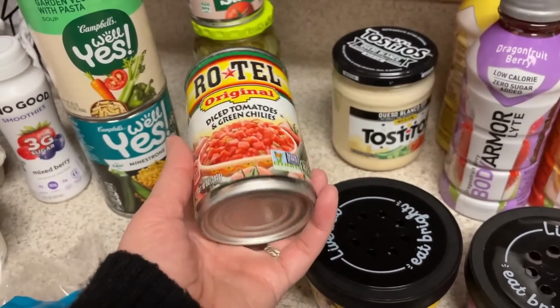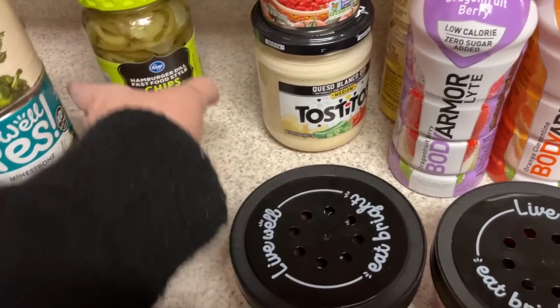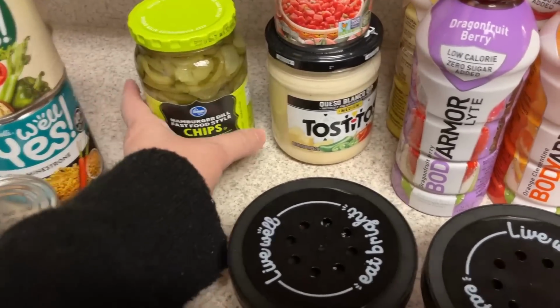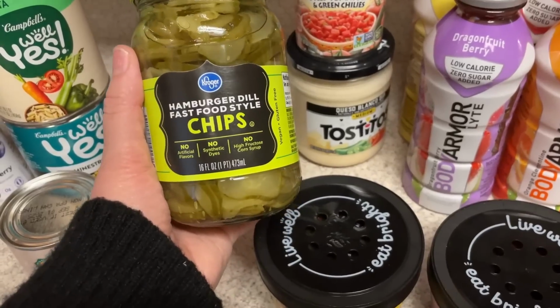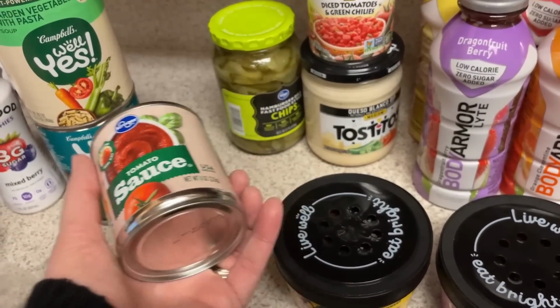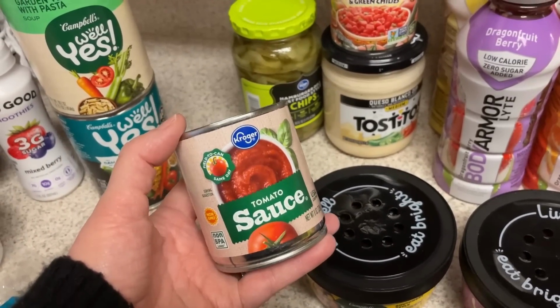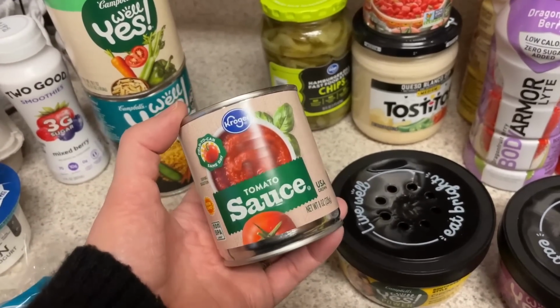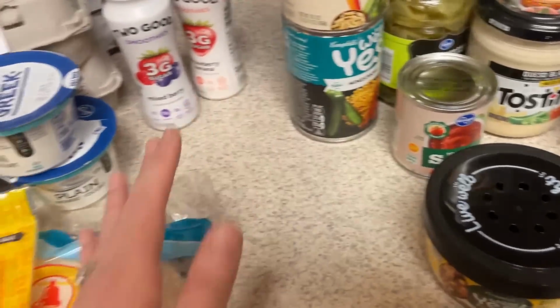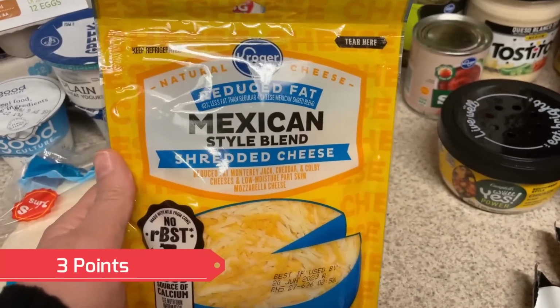For my Spanish rice, I did pick up some Rotel tomatoes. I'll show you that in my meal prep video. I am going to be doing some Big Mac salads, so I needed some pickle chips for that. And then for my taco meat, I'm going to do this skinny-ish dish, bean and beef taco meat. So I'll show you that in my meal prep, but I needed tomato sauce for that. Needed cheese for my